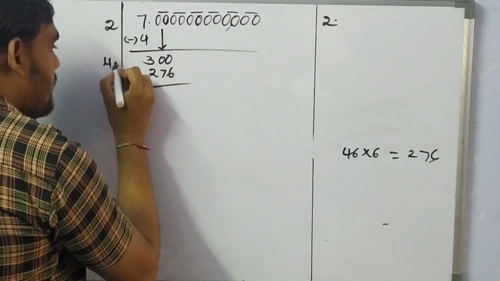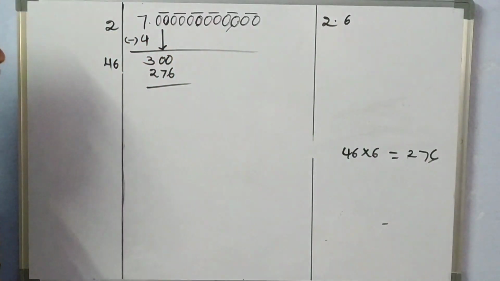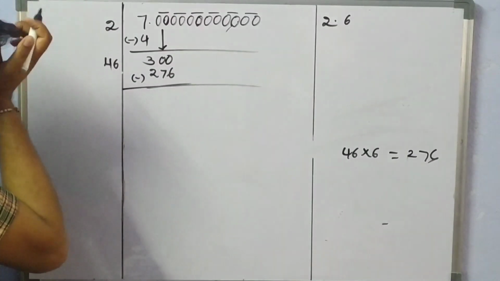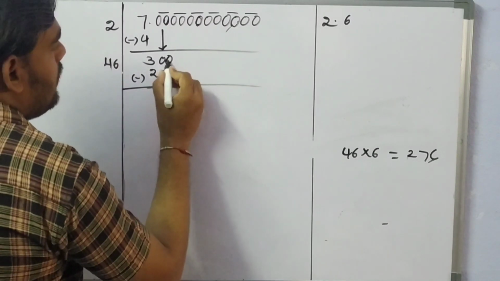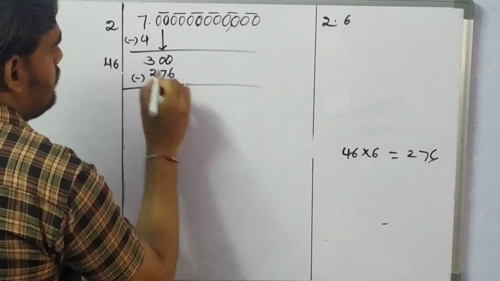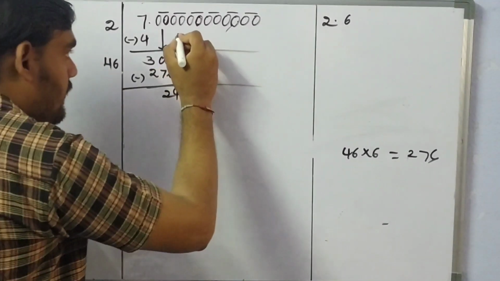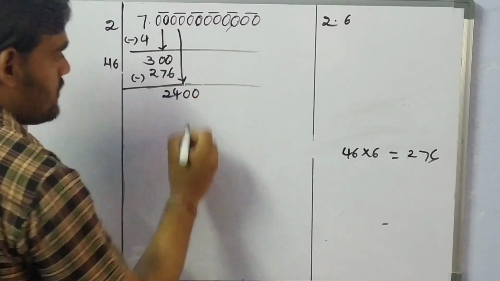So what did I write here? I wrote here 6. Here also we must write 6. At that time, once again, we need to do subtractions. See, 300 minus 276. What will you get? 10. 10 minus 6, 4. 9. 9 minus 7, 2. So it will become 24. After that, we need to drag this group, that is 2 zeros.